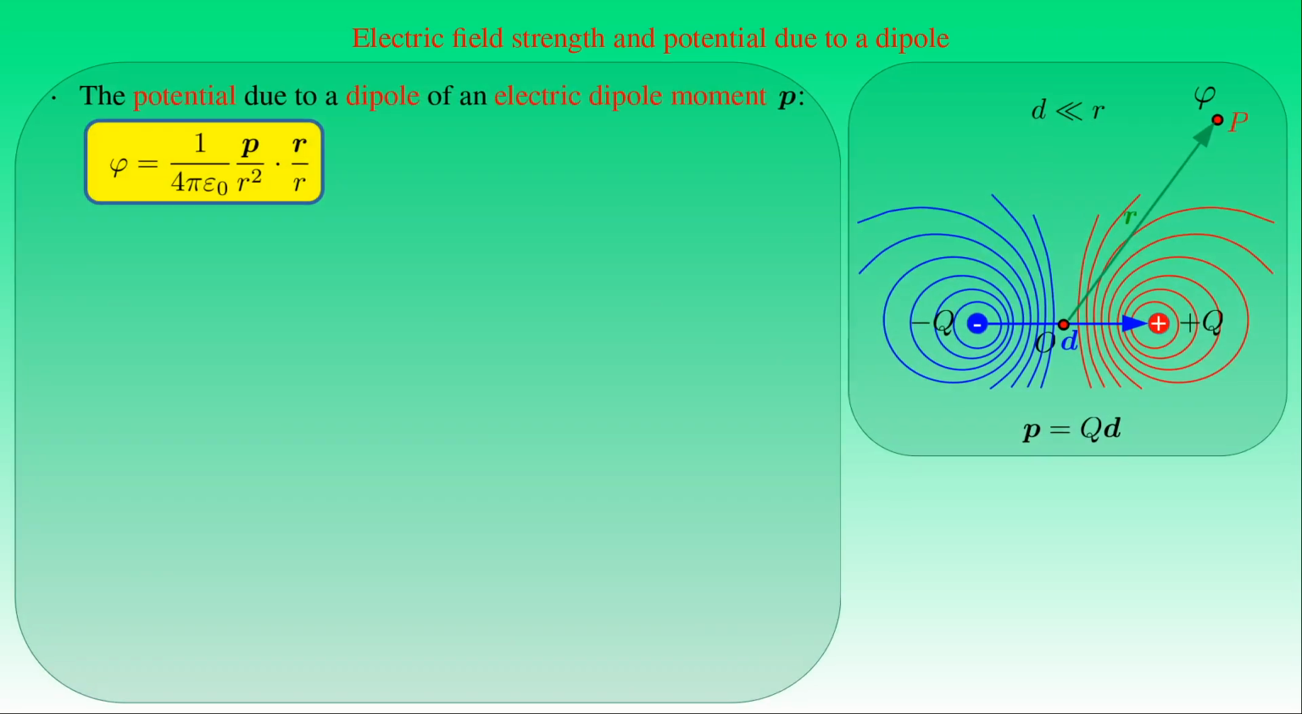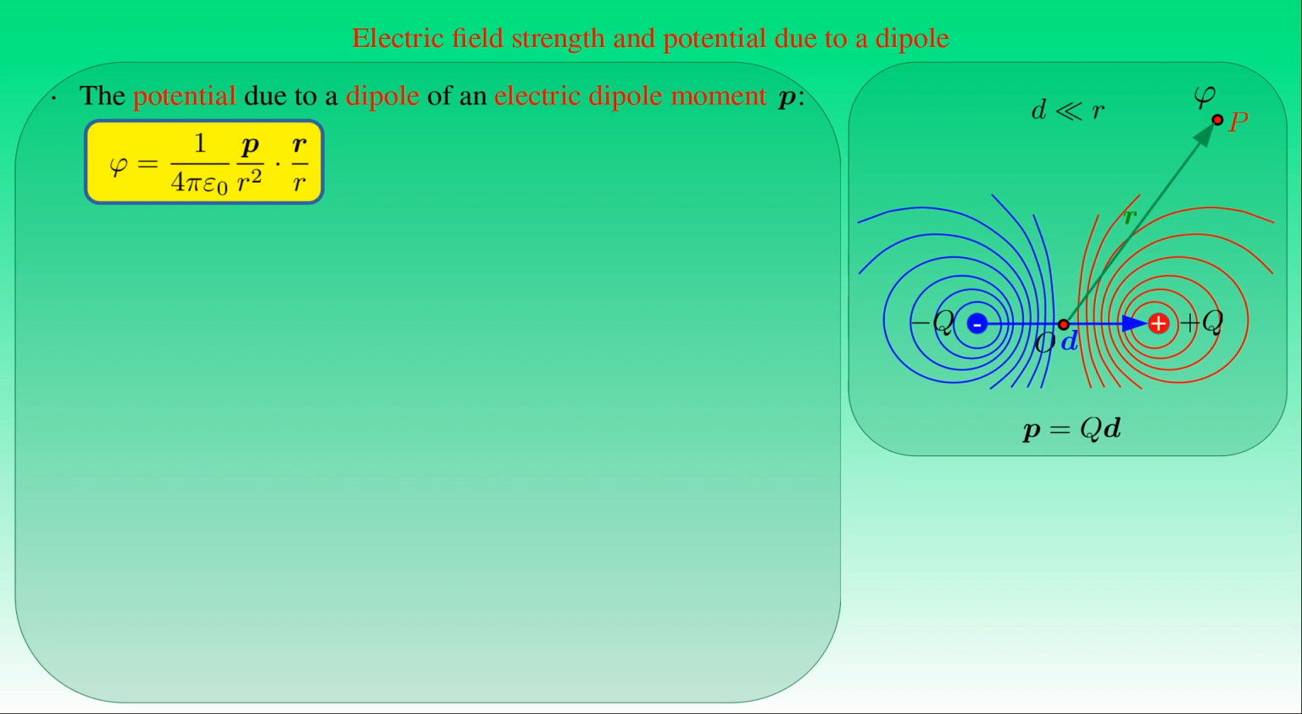We apply the same method to derive the electric field strength from the electric potential due to an electric dipole. We already determined the potential due to an electric dipole of dipole moment p at the distance r from the midpoint O of the dipole. We found that the electric potential phi far from the dipole is given by 1 over 4 pi epsilon naught times the scalar product of the dipole moment p over the square of the distance r and the position vector r divided by the distance r. Here the position vector points from the midpoint O to the point P at the distance r,